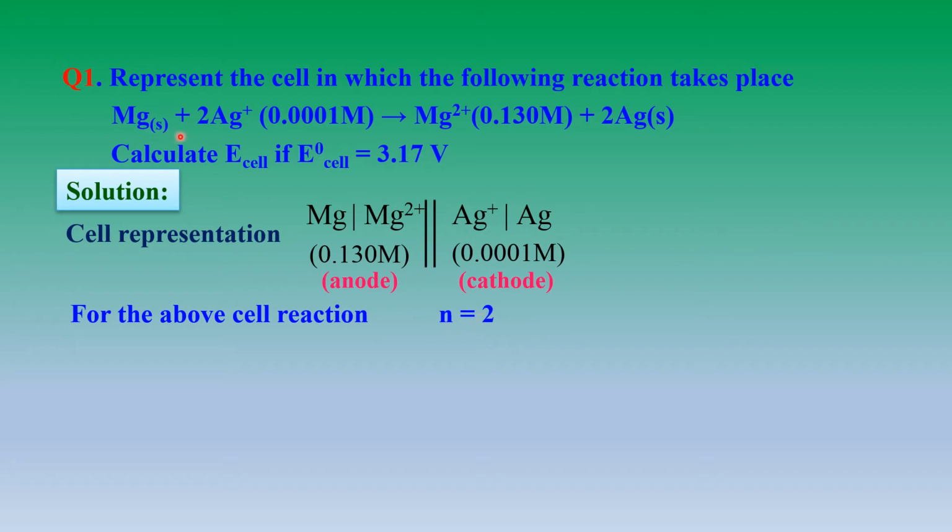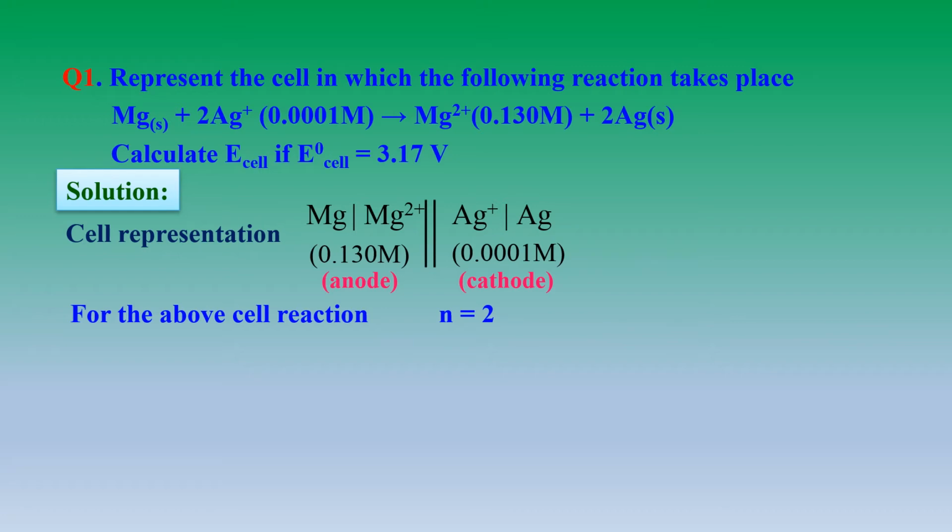Look at here, the cell reaction. Mg undergoing oxidation into Mg2 plus means it is losing 2 electrons here. And when you take Ag plus, it takes 1 electron becoming Ag. Losing of electrons is 2, but gaining is only 1. From Ag plus to Ag, only 1 electron is gained. So to balance that, we have to multiply by 2. So it will become 2Ag plus, and here it is 2Ag. So 2Ag plus means 2 electrons we have to take. So the N value is 2.